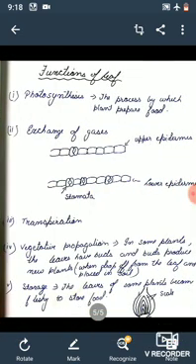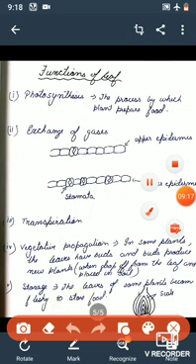Okay. Now we will study about the functions of the leaf. So basically leaf perform 5 main functions, that are photosynthesis, exchange of gases, transpiration, vegetative propagation and the storage. Photosynthesis, we all know about this, that the leaf have chlorophyll molecules present in the chloroplast which help in the process of photosynthesis. Okay, plant absorb carbon dioxide and water, and using solar energy plant perform photosynthesis and produce the food glucose. Okay, so that is the first function of the leaf. Now the second is the exchange of the gases.